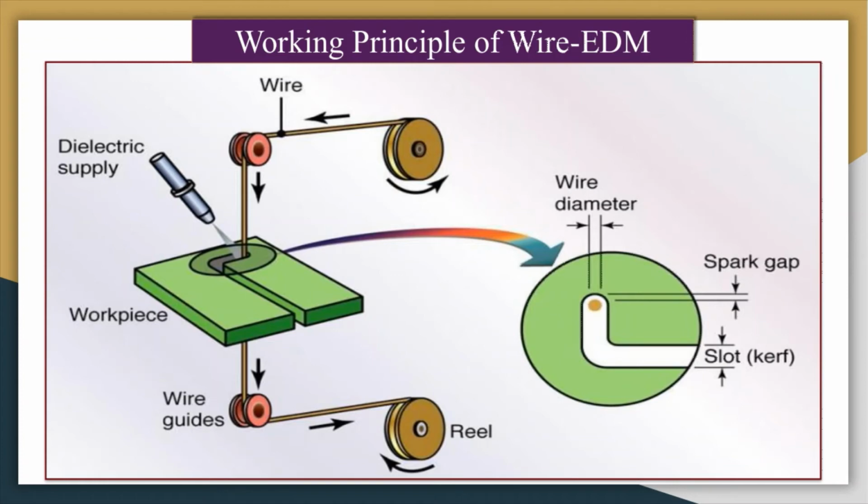In both the electrodes there is erosion. So wire also means that after sparking there will be erosion in the wire as well as in the workpiece surface. But the same wire is not reused, because these wires are very cheap. Also it is not reused because after sparking, erosion occurs in the wire.